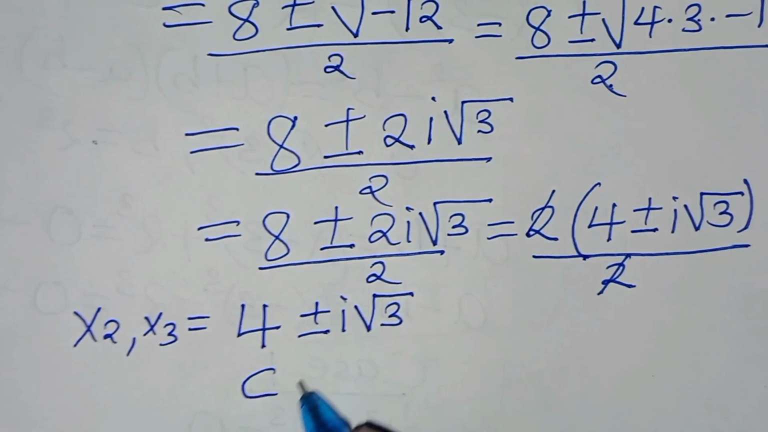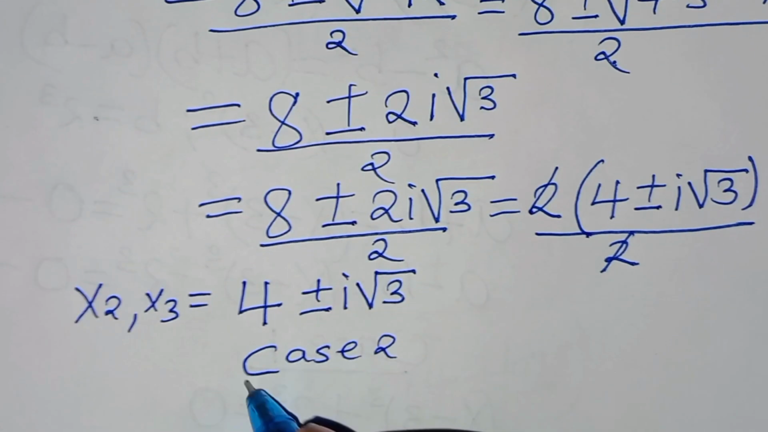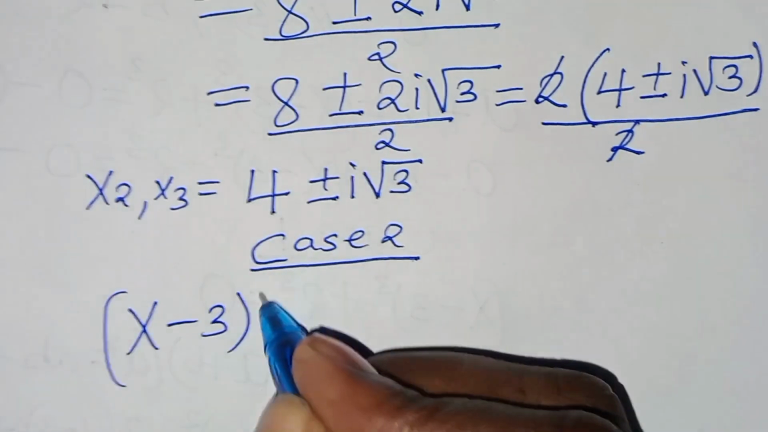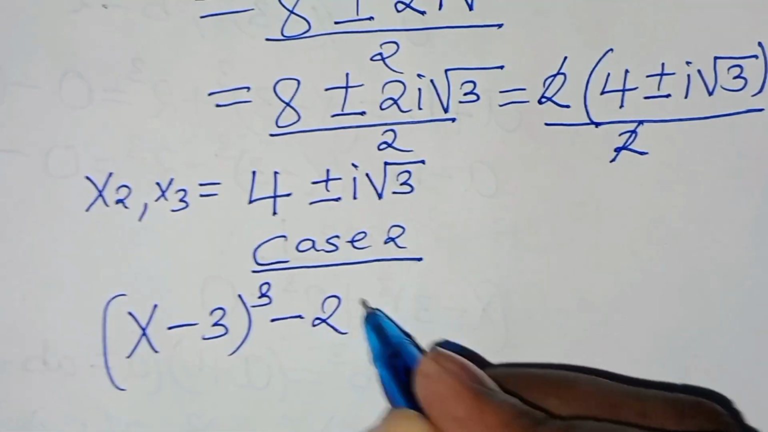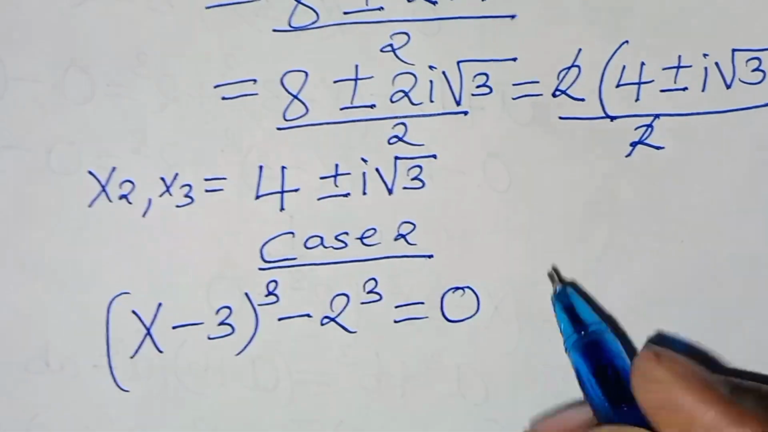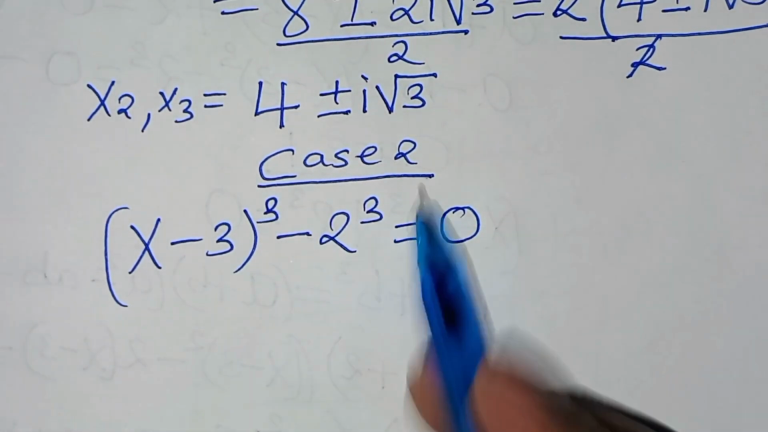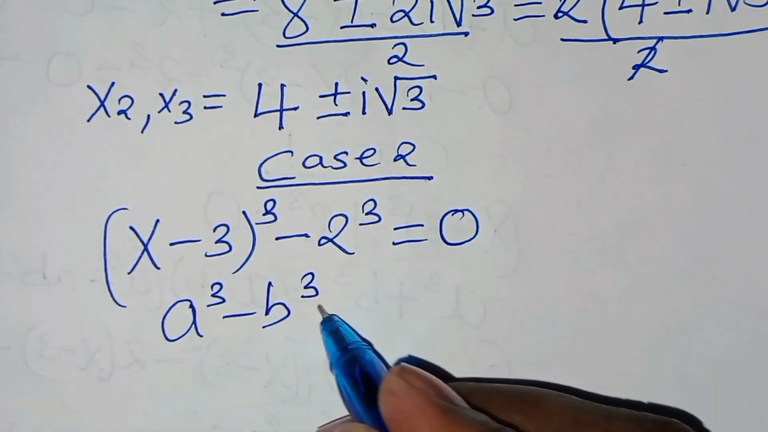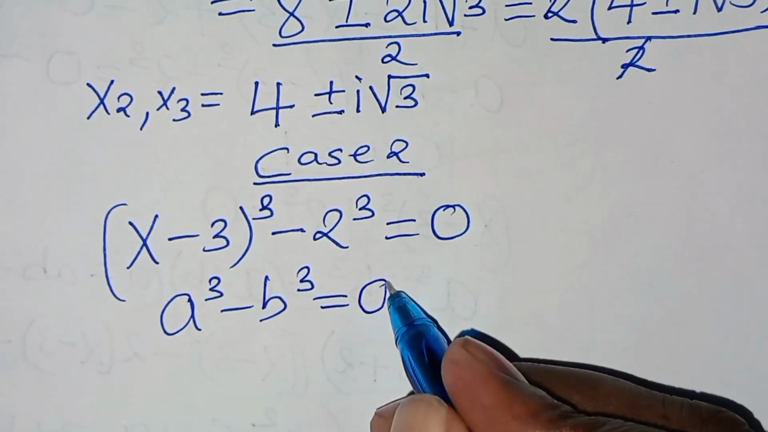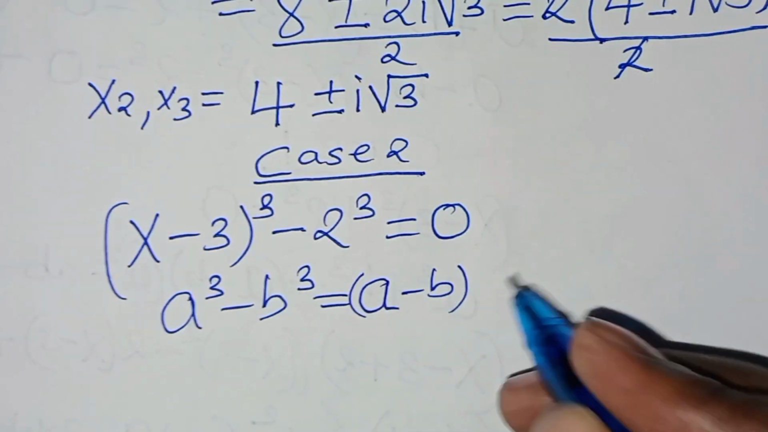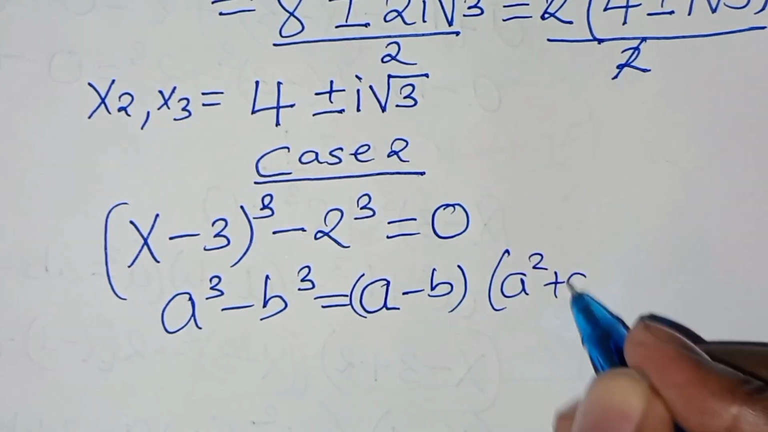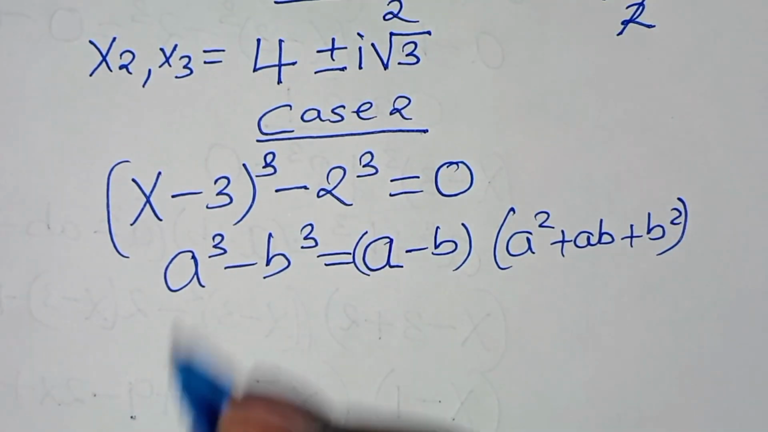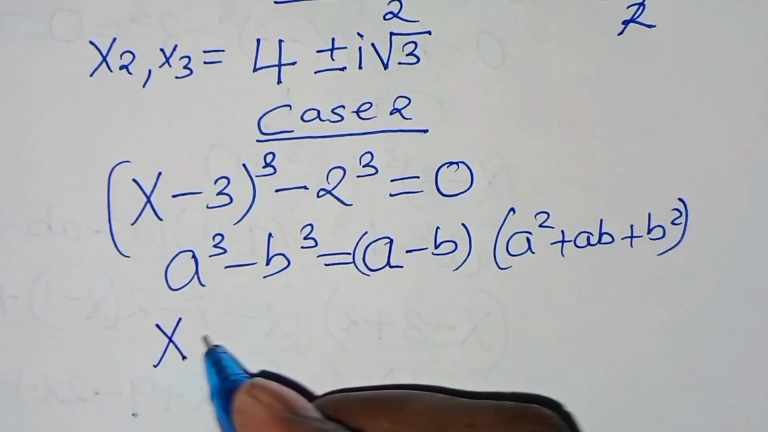So let's proceed to case 2. Now case 2, we have x minus 3 to power 3 minus 2 to power 3. This is equal to 0. Now this is actually in the form of a to power 3 subtract b to power 3. This is the difference of two cubes, which you can express as a minus b, times a squared plus a times b plus b squared. So applying this identity, then here we'll have x minus 3,